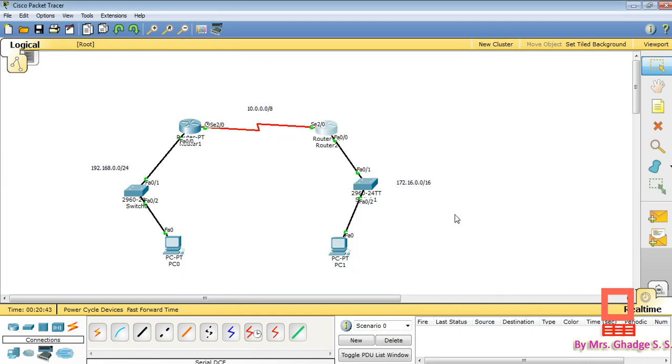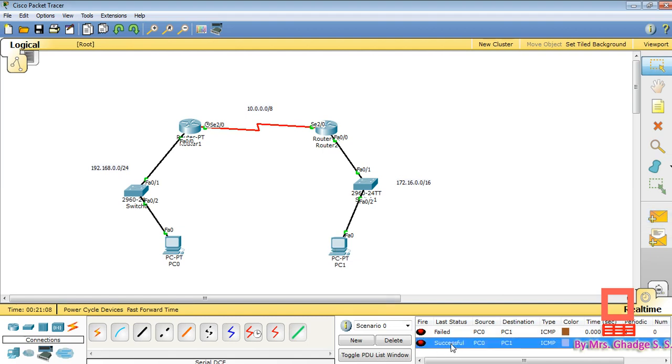Let us check its functionality, whether it is working or not. Just take this simple PDU from PC0 to PC1. Here we will get the status. Initially it shows failed. Let us try it again.